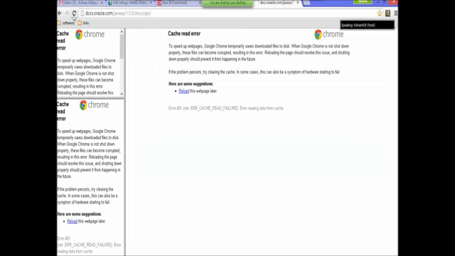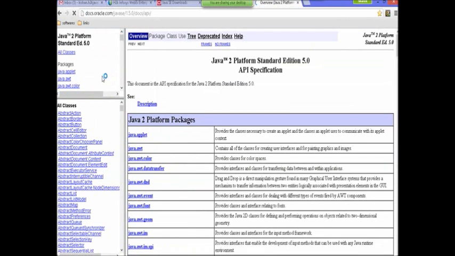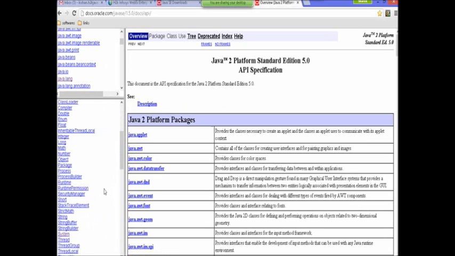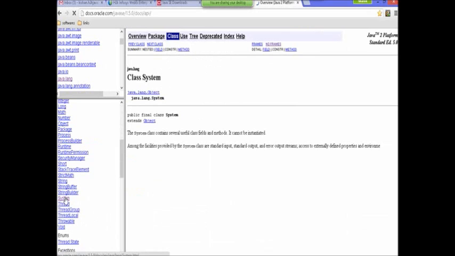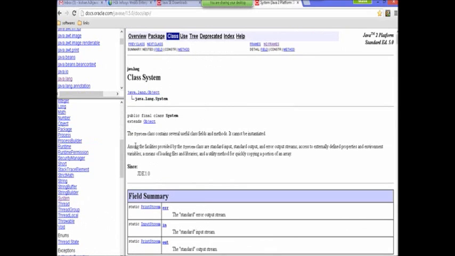Don't worry, let me do the refresh. Yeah, so even the JDK shares the same documentation in the form of HTML. We will try to understand going forward what it is. But for now, let me open the class called System, which we use to print a hello world statement on the console. And you can see here, System is a class mentioned,